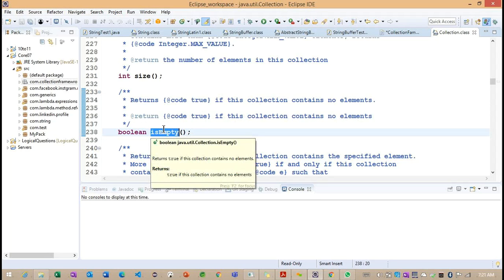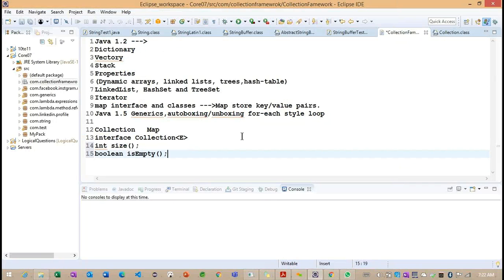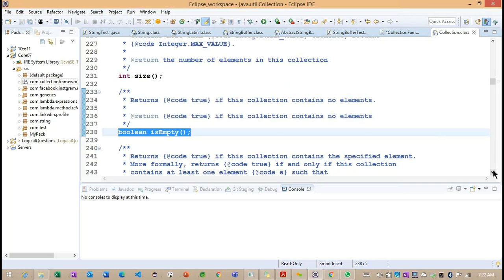Now you can understand isEmpty. Basically this isEmpty method will return whether this particular collection is empty or not. If we store any object here, it will not return true. Getting the point? So it will return false. In the collection class, if I do not have any objects, it will return true. We'll see the implementation section because it is just declared in our collection interface.